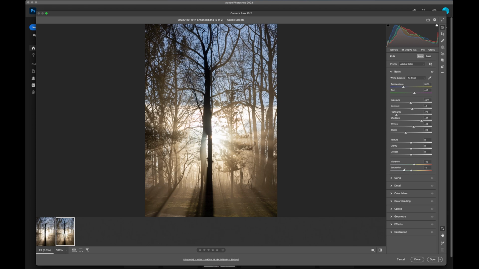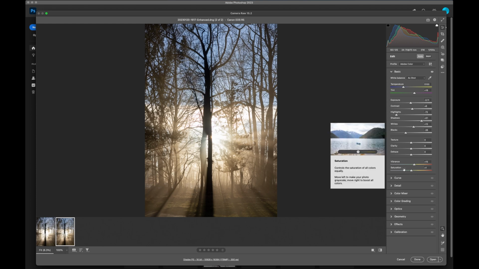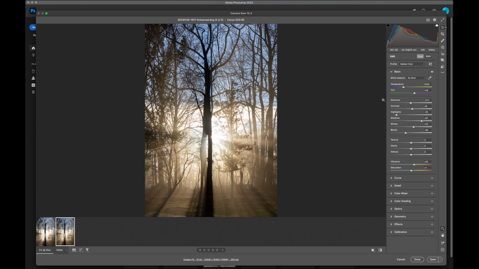We're going to make a few other edits to this as well, just to enhance this a little bit, to really bring out some of the color, bring out some of the structures within the photo between the trees and light rays and so on. So the first thing I want to do is bring the exposure down just a little bit more, to make sure I have everything properly exposed.